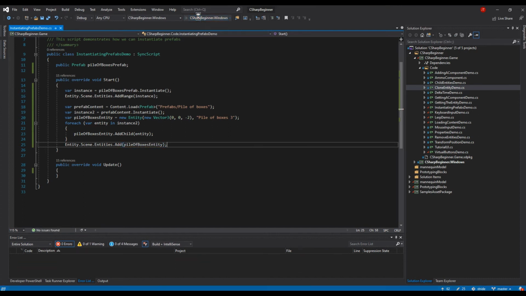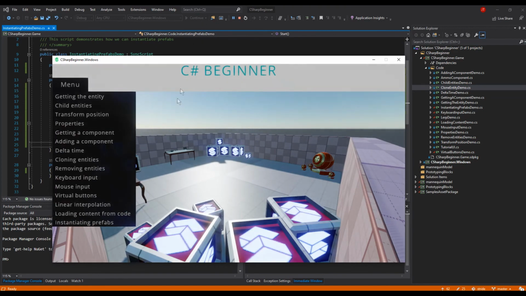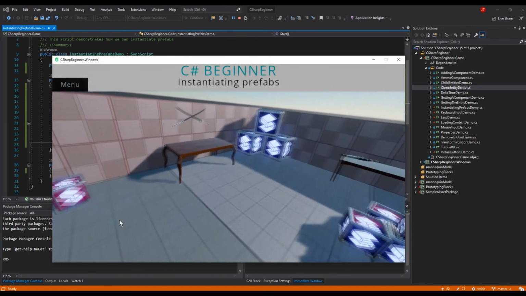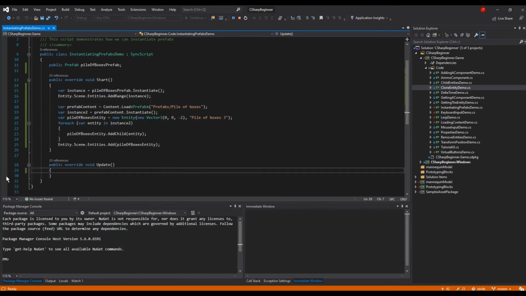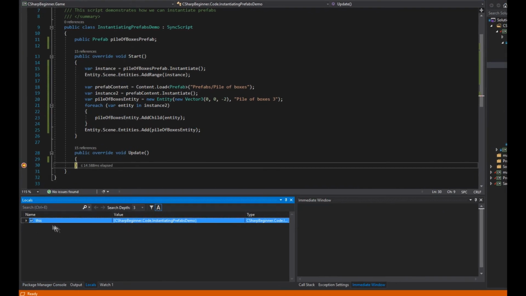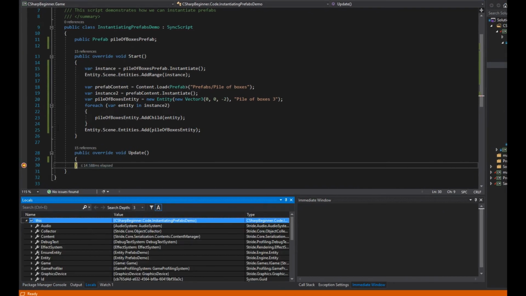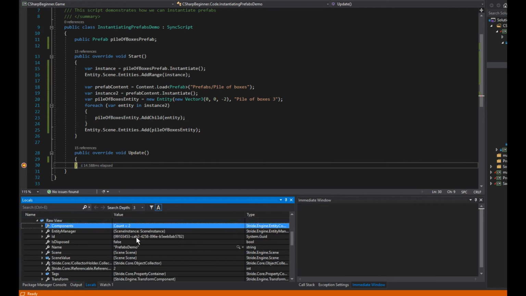So let's run this example as well. Load up the tutorial one more time. So now we can see our tutorial scene with the 3 prefabs loaded in. And let's just set a breakpoint on the update loop. So let's go back to Visual Studio, set a breakpoint which gets triggered immediately. And then inside Visual Studio, if we go to the Locals tab, we have the this entity, which is our prefabs demo script. And if we go to Entity, and then in this case, Raw View,